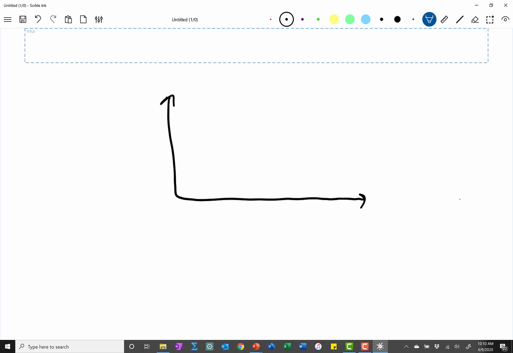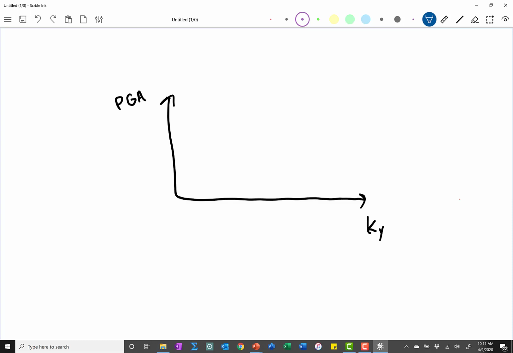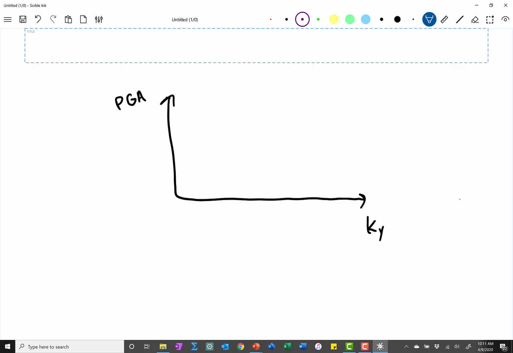Okay, so then what they did was they took different ground motion parameters, so say maybe PGA, and they started plotting and running a whole bunch of these Newmark sliding block analyses, and they varied the yield coefficients, and they also varied the PGA. And so what they ended up seeing was